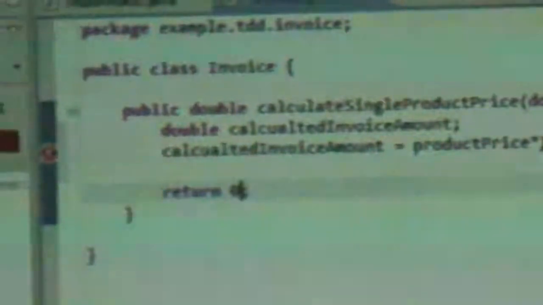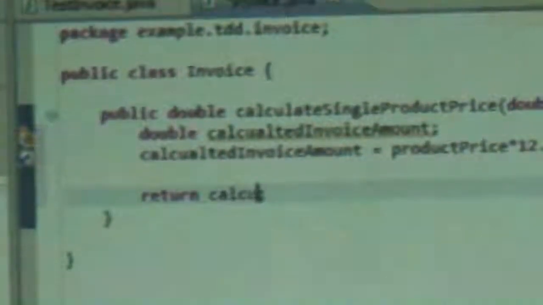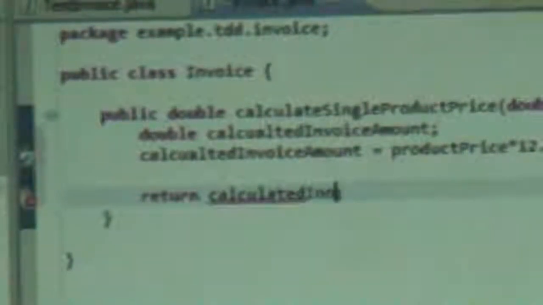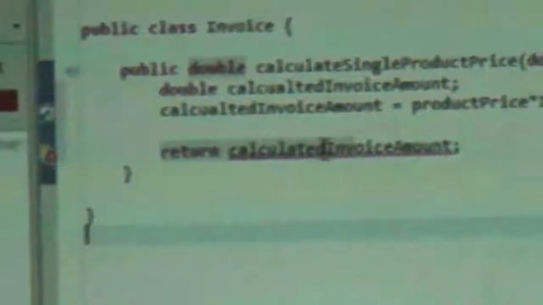Multiply by 12.36, something like this. Calculated invoice amount. Now I think I'm done. So let's change. Divide by 100. Okay. Change to calculated amount.